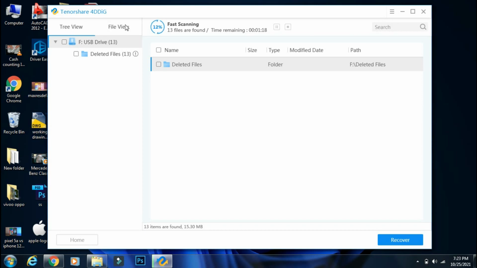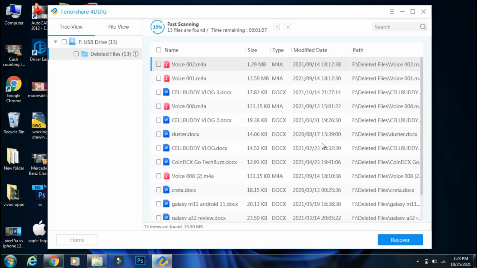On the left, there are view options like tree view or file view. In the tree view, you can see the total number of files recovered altogether, or from the file view, you can see each file category along with number of files recovered. When the scanning is in progress, you can see the files which are being recovered, and you can also pause the scanning anytime and recover at that time. But I'll suggest you to not pause the scanning in between. Let the process get complete, and once it is done, go through the files and recover them.